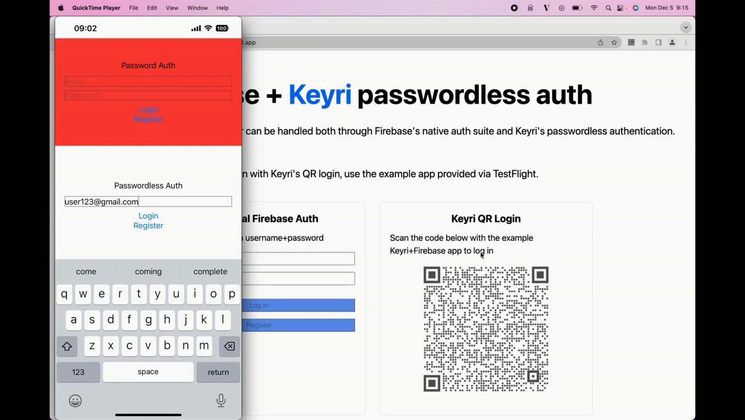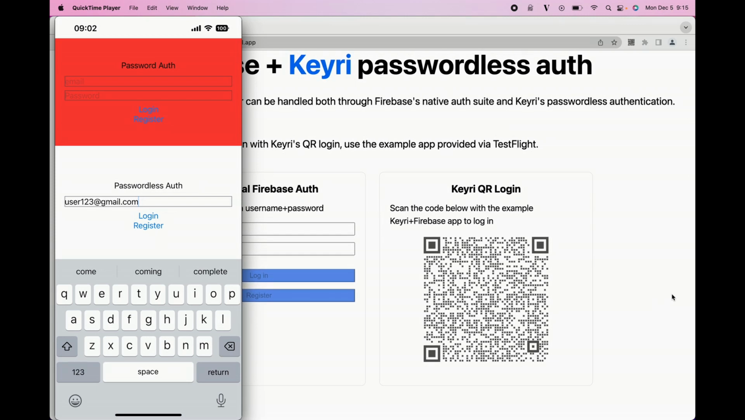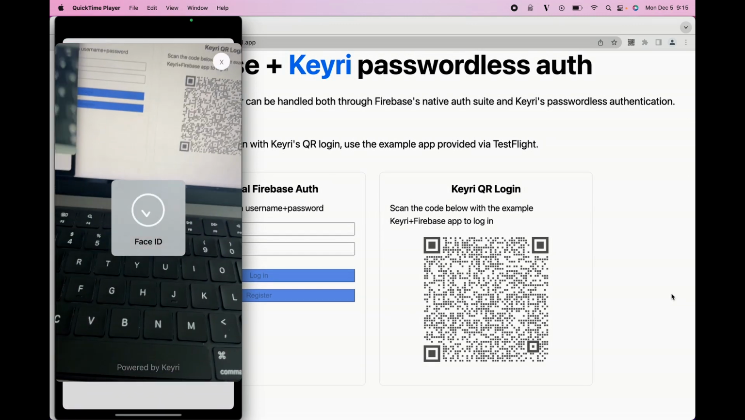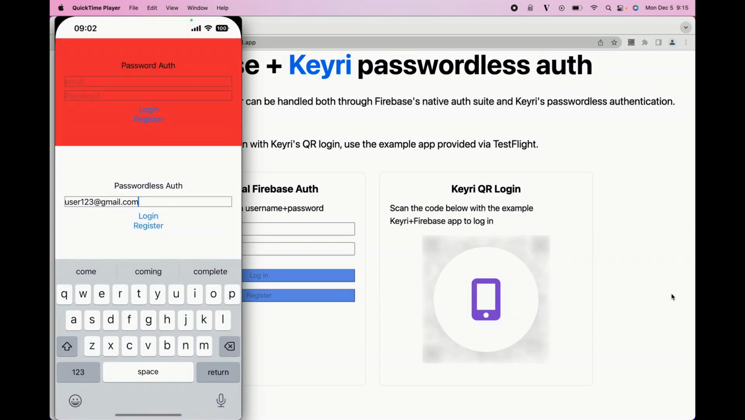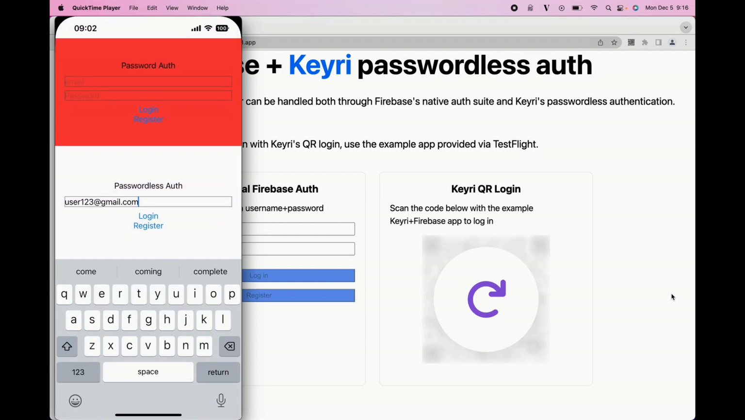As you can see, I'm trying to log in with user123@gmail.com. I've already registered this user with Keyri's service. And now we have the web app with the Keyri widget right here. So what I'm going to do is press the login button. As you can see, I was authenticated using Face ID, and now this confirmation screen has popped up. It all looks okay. I'm in Boston, and this is the exact browser that I'm using. So I'm going to go ahead and accept the prompt,